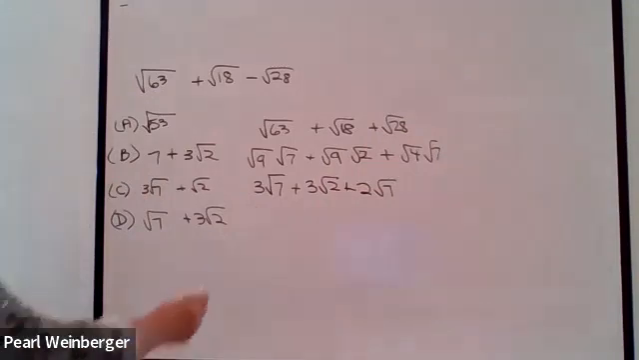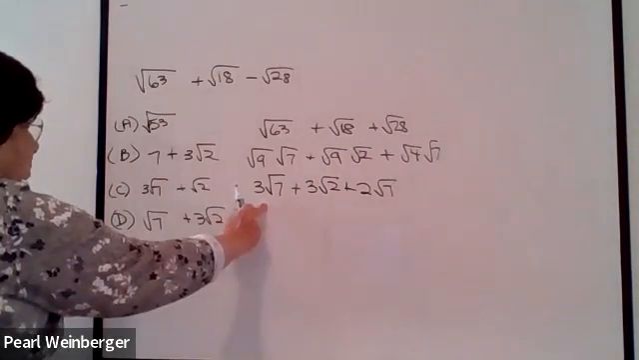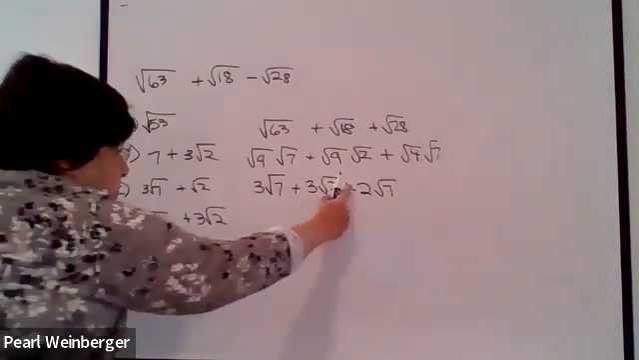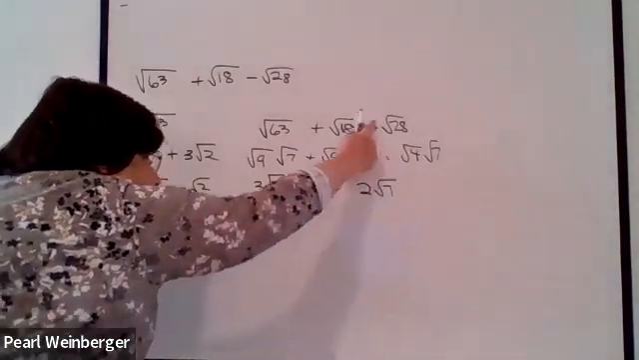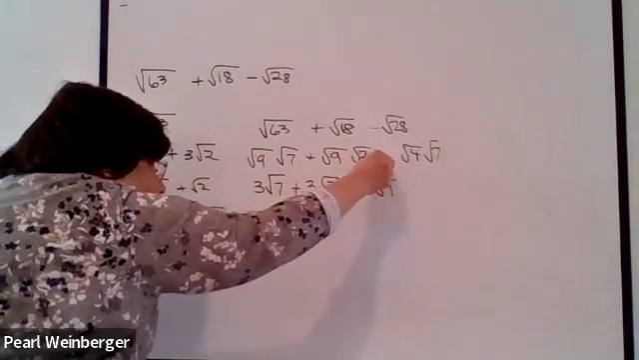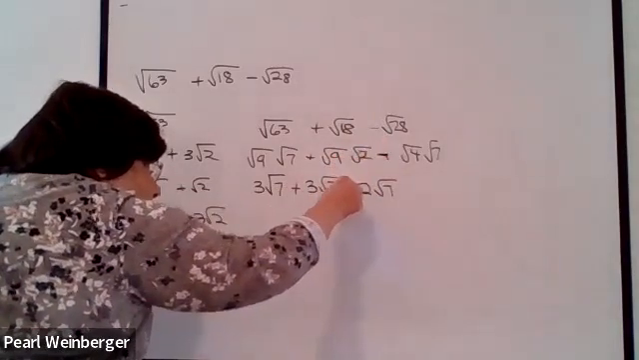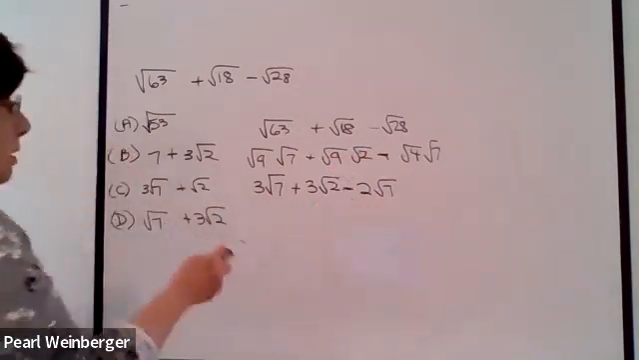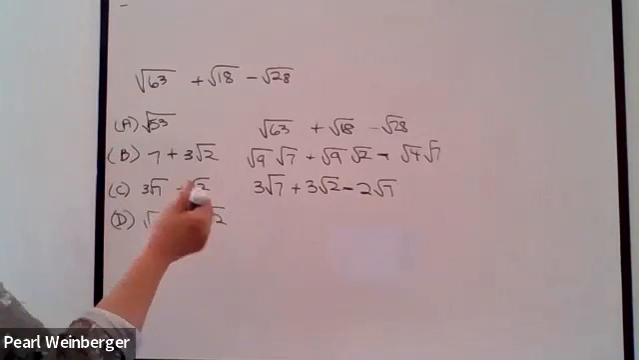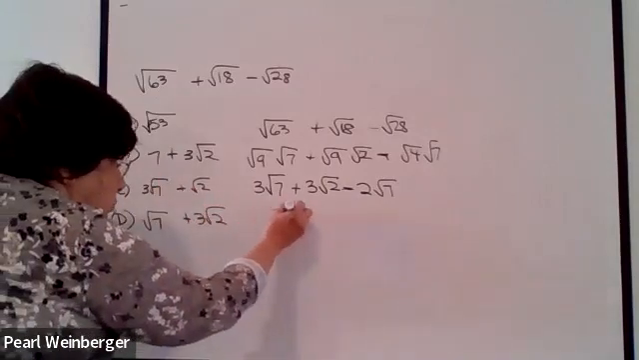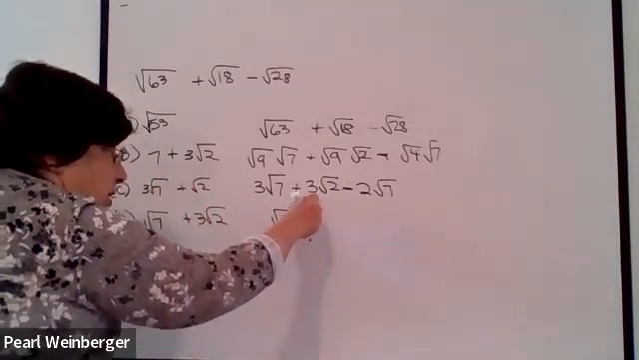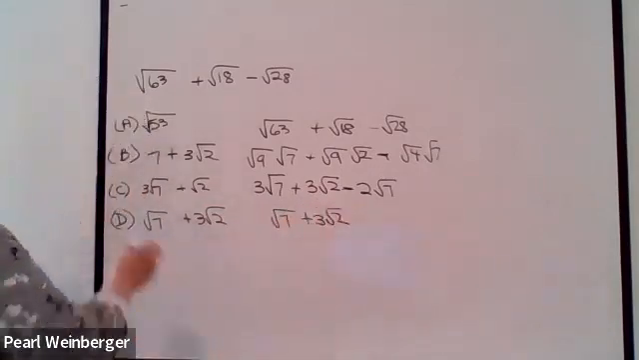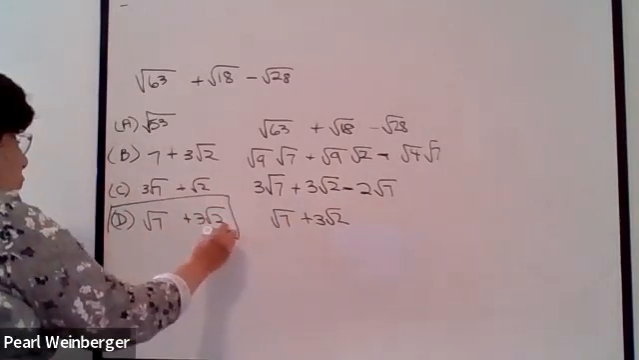And I notice the 3 radical 7. Oh, this is supposed to be minus, I'm sorry. Not a plus, this is a minus. I combine the 3 radical 7 minus the 2 radical 7. Remember, I do 3 minus 2 is 1 radical 7, which is just radical 7. And there's nothing to combine this with, so that's a 3 radical 2. And my answer is choice